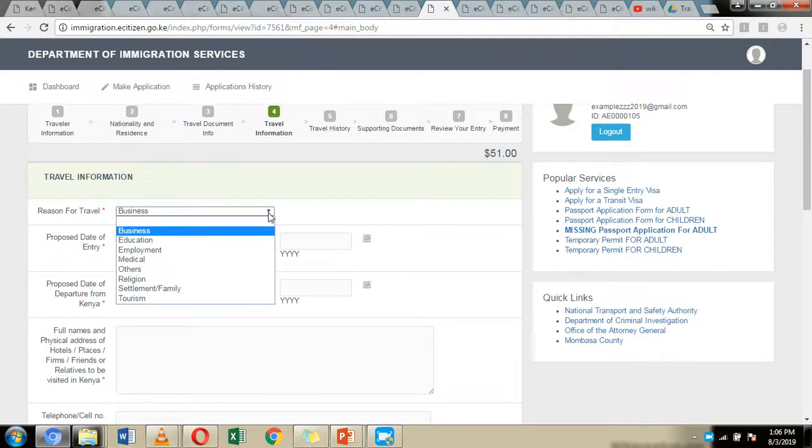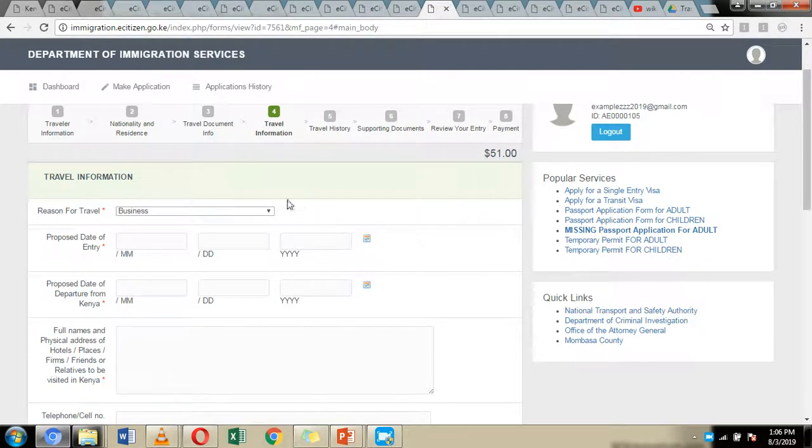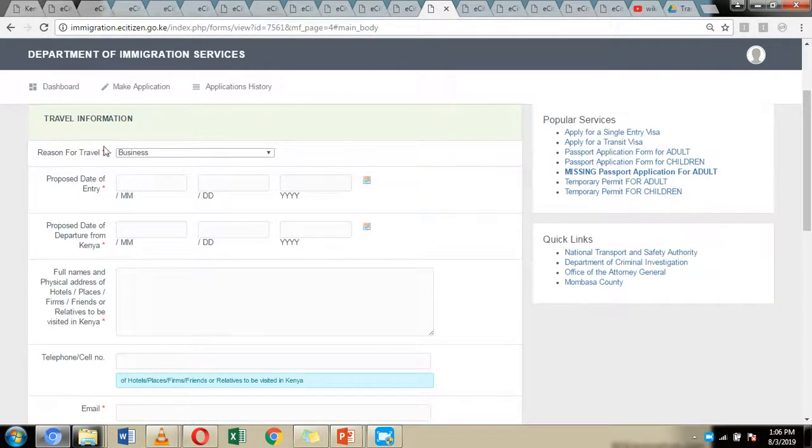So here, make sure you have selected business as the reason why you're traveling, and your proposed date of entry or proposed date of departure. Note that the visa is valid for 90 days once you've entered into Kenya. That's 3 months, but you can extend it for a further 90 days by visiting the immigration